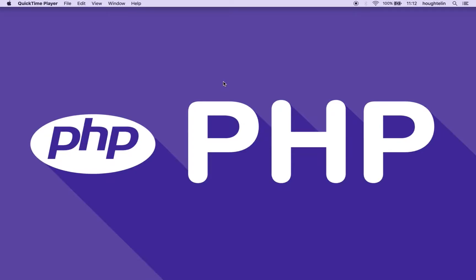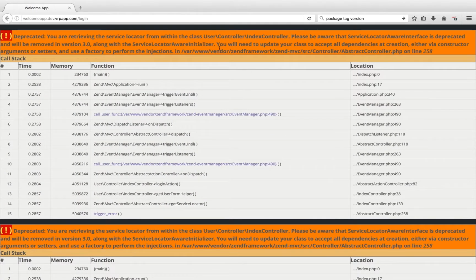I recently picked up an application that I haven't been working on for a while, and after updating the composer dependencies, I saw this notice, specifically deprecated. You are retrieving the service locator from within the class UserController IndexController. Please be aware that ServiceLocatorAwareInterface is deprecated and will be removed in version 3, along with the